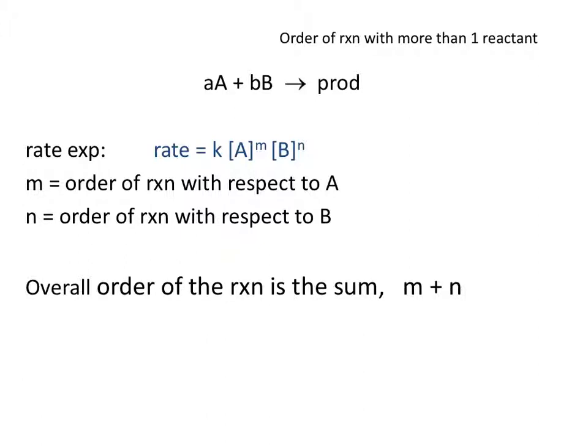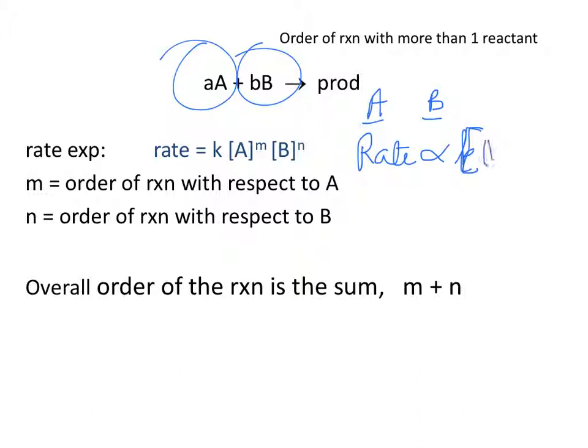Let's see how it would get affected if I didn't have just one reactant, but rather 2 reactants. So I have a moles of A reacting with b moles of B to give you some products, okay? So now, since both A as well as B are going to participate in the reaction, your rate expression, your rate law must incorporate both of those. So your overall rate law, since rate is going to be proportional to the concentration of A, with respect to the order with respect to it, it's also going to be proportional to B with respect to the order with respect to it. And so now when you combine both of these equations, you say rate is proportional to